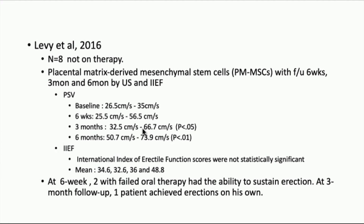Surprisingly, the peak systolic velocity at baseline was 26.5, and it tripled at 6 months to 73.9. The IIEF was not significantly